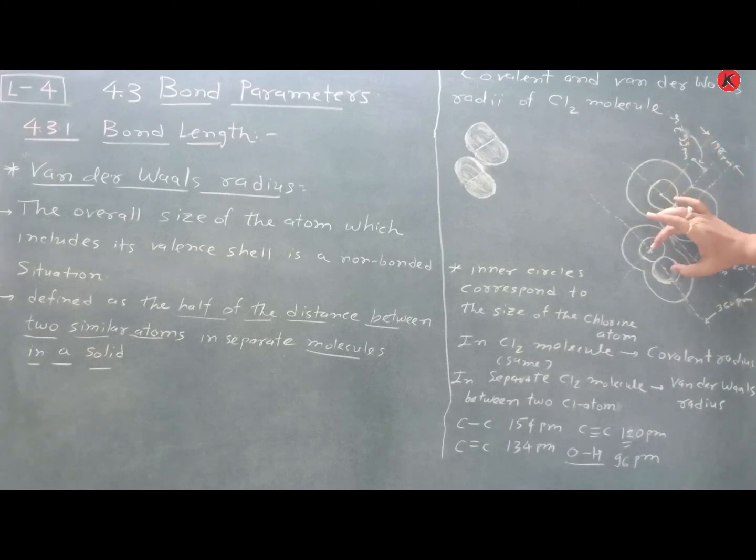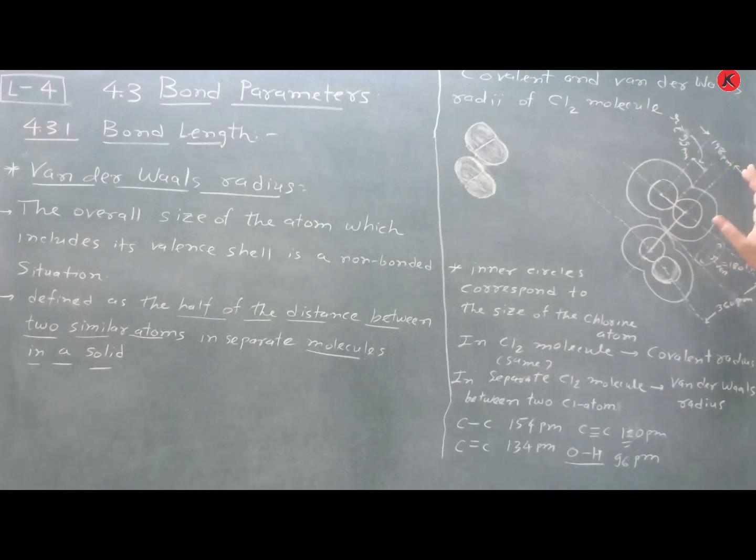This is a Cl2 molecule and this is a Cl2 molecule. Within the same molecule, if we measure this distance, half of the distance is known as the covalent radius. But between different Cl2 molecules, because a non-bonding electron pair is present, overlapping occurs this way, and the distance is 360 picometer. But the van der Waals radius is 180 picometer. Remember, it is half of the distance. So understand this from the figure and these terms.